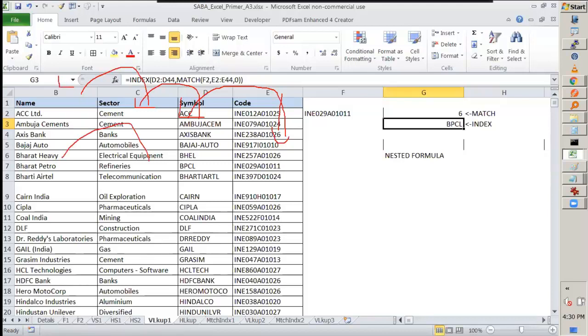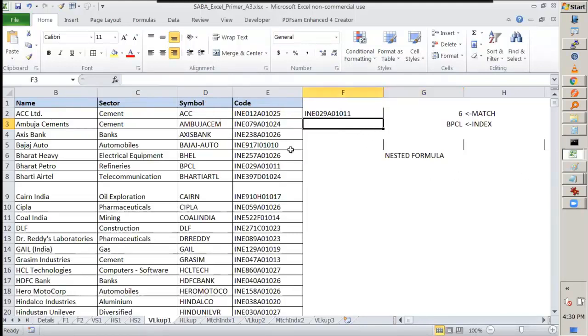You can use VLOOKUP if you have to search this side. But MATCH INDEX is superior to VLOOKUP because you can use it for this side also. So you don't have to worry about VLOOKUP versus MATCH INDEX. If you know MATCH INDEX, it will do both jobs.